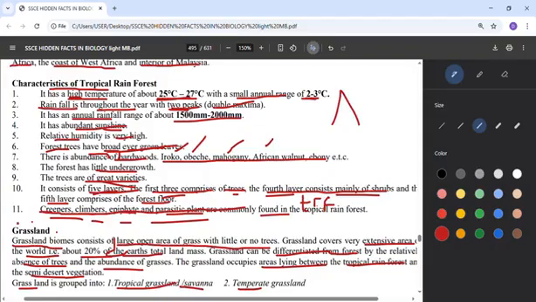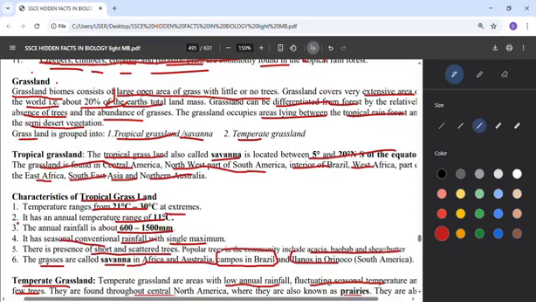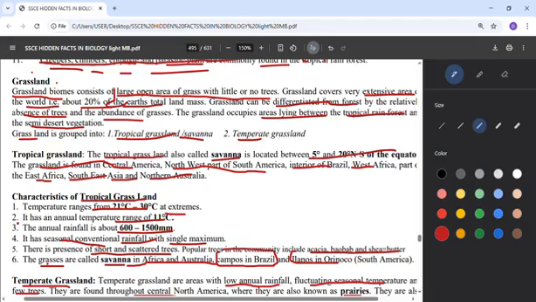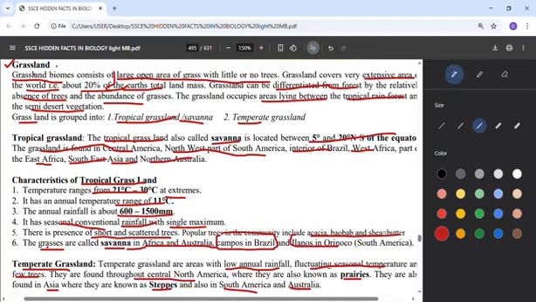So this one you can just use the idea that was laid down in local biomes. Now, like I said, from the knowledge of grassland or savanna that was mentioned in the local biomes, we can just use that idea also for the grassland in the world biome. So we move straight to the different grasslands we have.